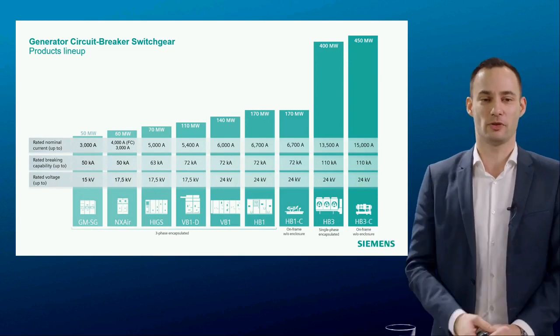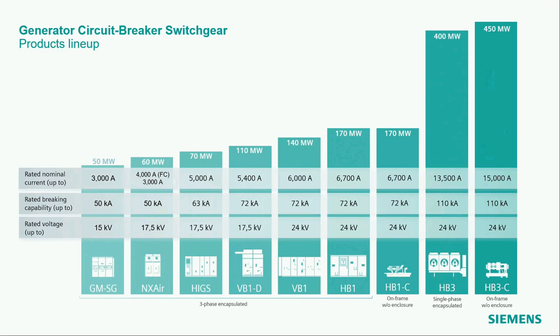Now, looking at the portfolio, as you can see here, we have a quite wide portfolio covering the needs of power plants from, let's say, 50 megawatts per unit, or lower, up to 450 megawatts. If we translate that into rated nominal current and short-circuit breaking current, we are able to cover rated nominal current up to 15,000 amps. As I mentioned earlier, we have our vacuum interrupters, which allow us to break short-circuit current up to 110 kA. Of course, being part of the medium voltage application, we have rated voltage up to 24